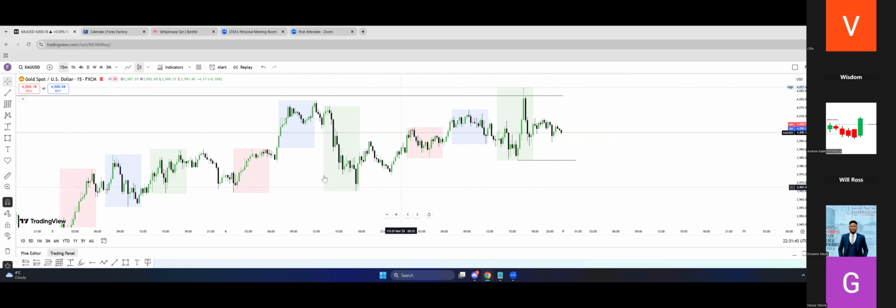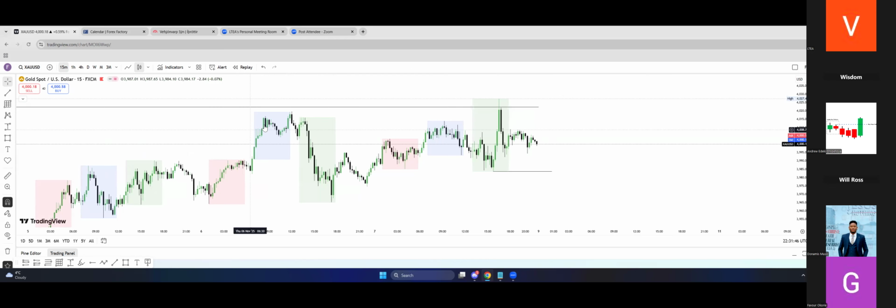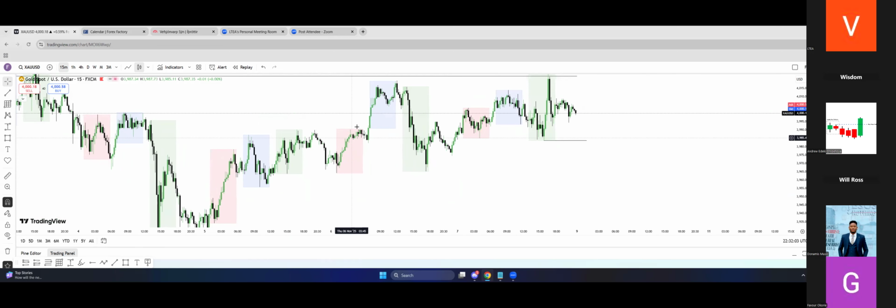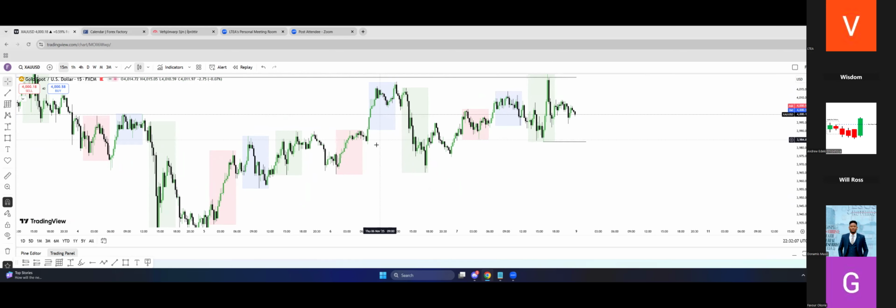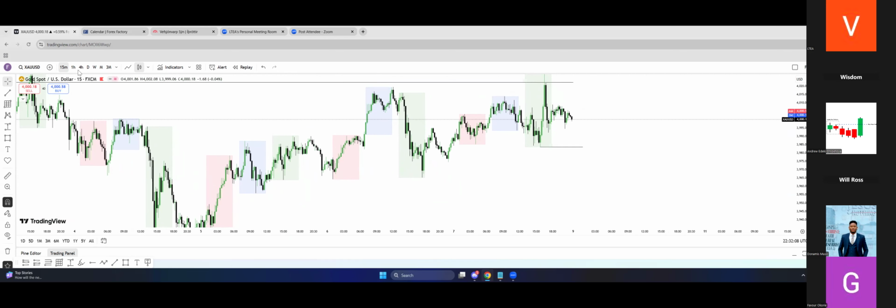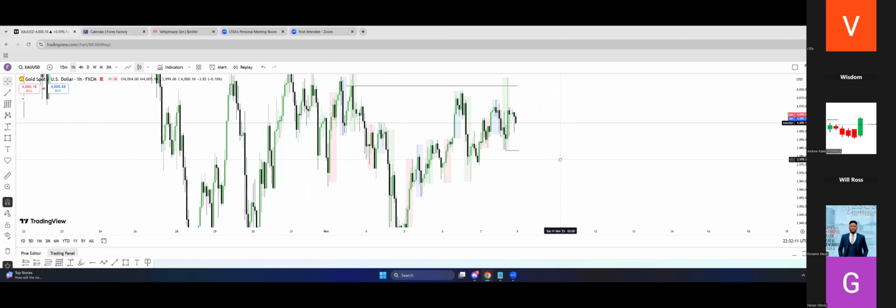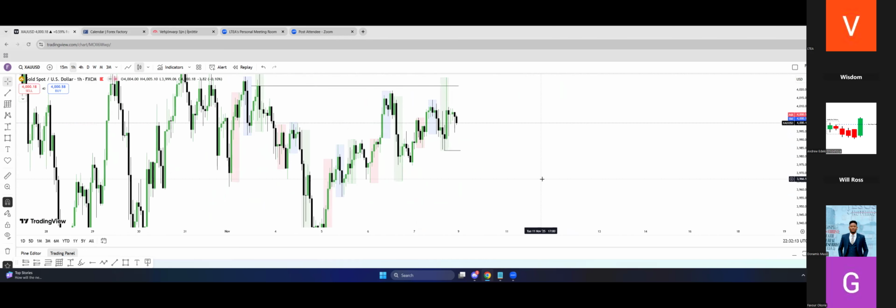So now, for example, look at this trade right here. This was a shift, right? But New York session came back to tap you in for the sell. Do you understand what I'm saying? This is just one example right here. But what happened here? London session was buying up. Were you looking to buy this market or looking to sell this market? That is a question.